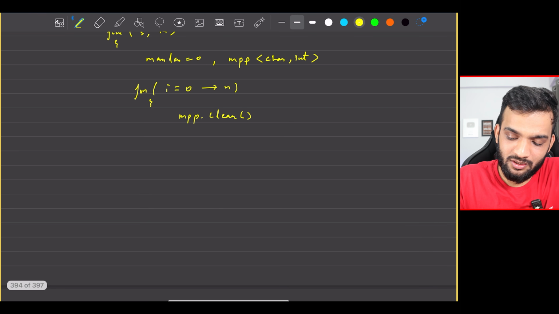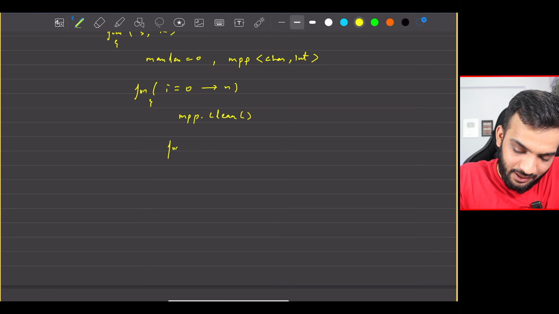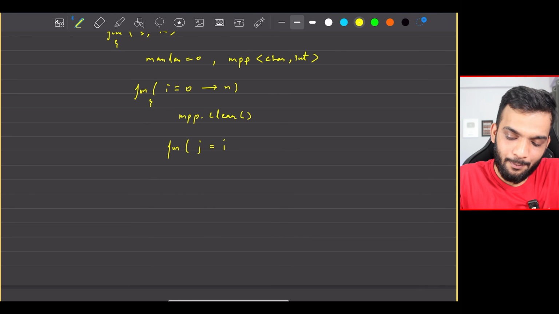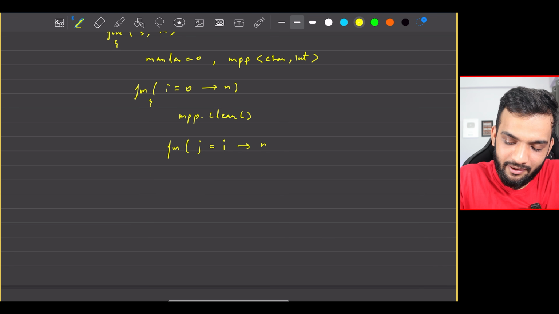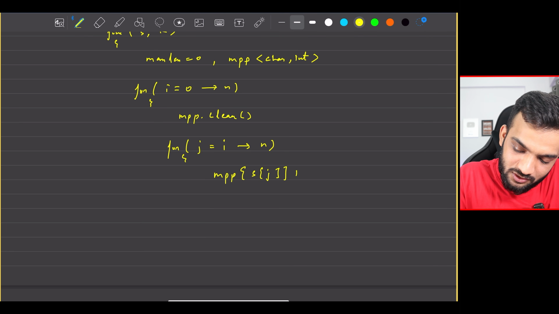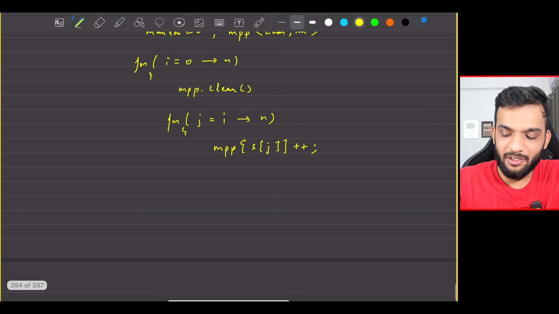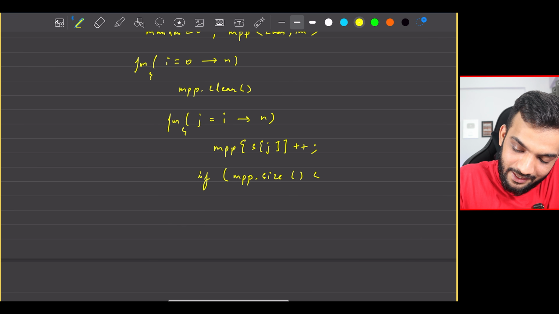After that, what I can do is, rather than starting off a new substring, I can start picking up the elements. So the first element I pick up is I itself, and I go on picking up till the right. And what I do is map of s of j plus plus. And after this, what you can simply do is, hey listen, if map of size is lesser than or equal to